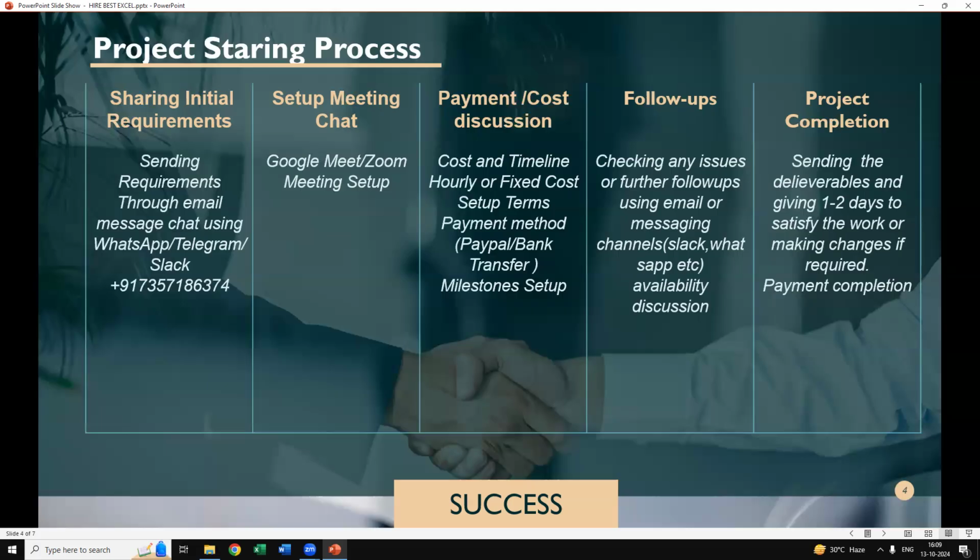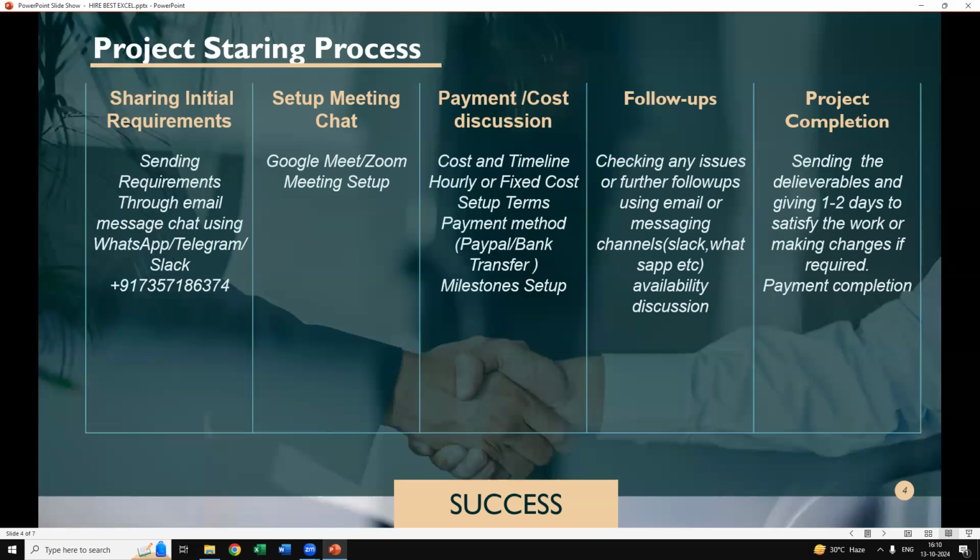I hope that makes it easier to finalize the requirements, and then we can discuss the payment part. I use PayPal, bank transfers, and TransferWise as payment methods, and we can discuss the payment